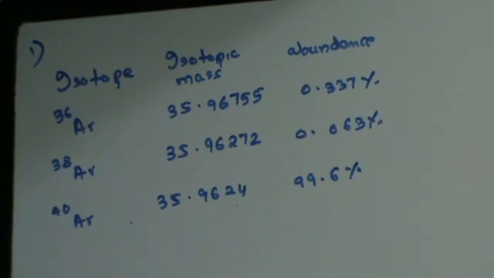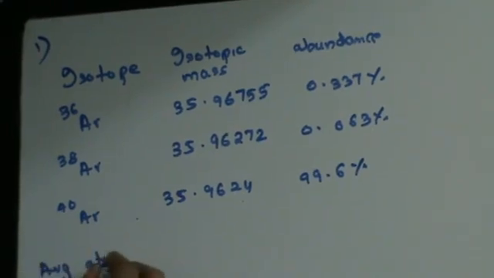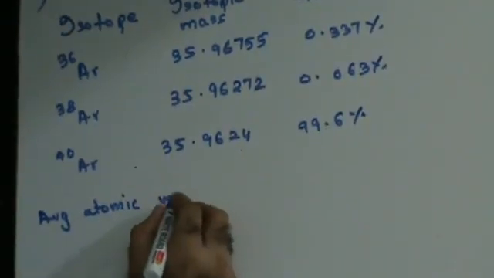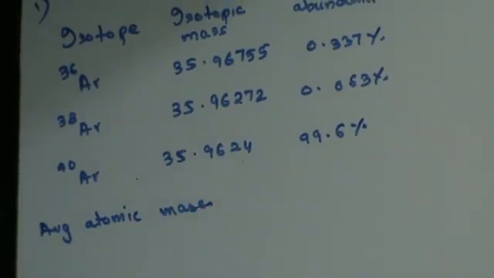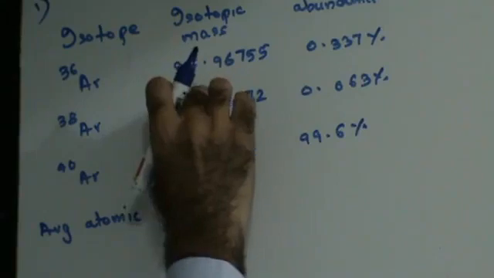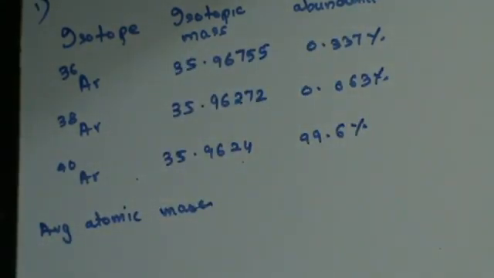Now, let's see this. The average atomic mass. How do I get the average atomic mass? The average atomic mass is nothing but the isotopic mass multiplied by its abundance. So average atomic mass will be